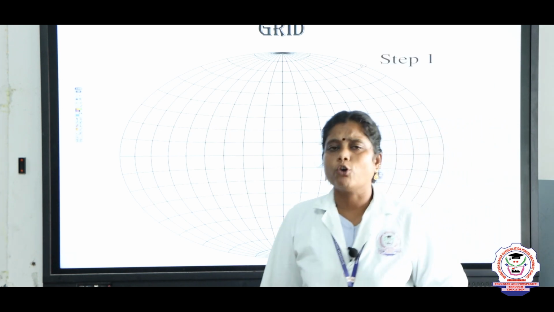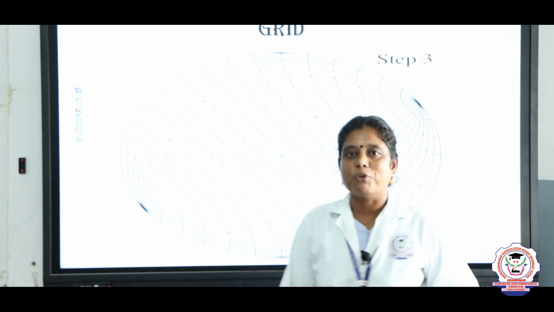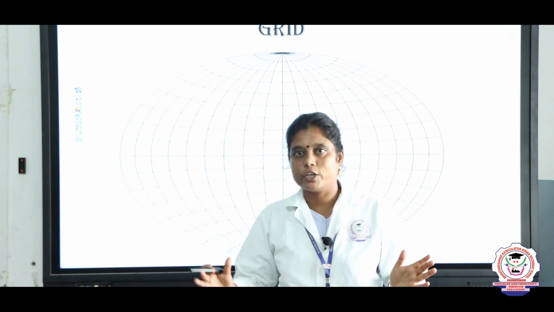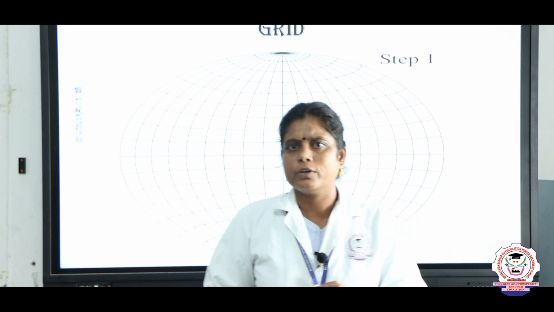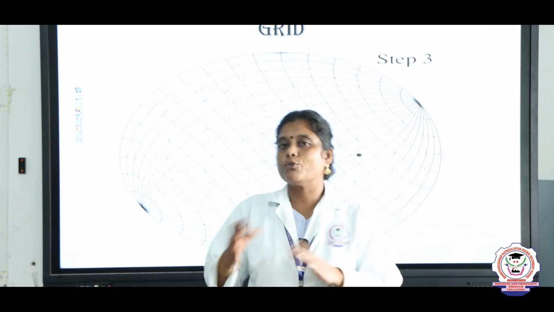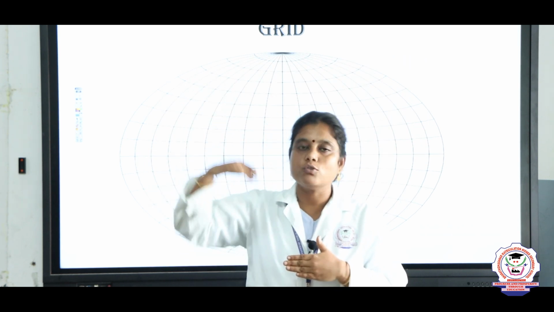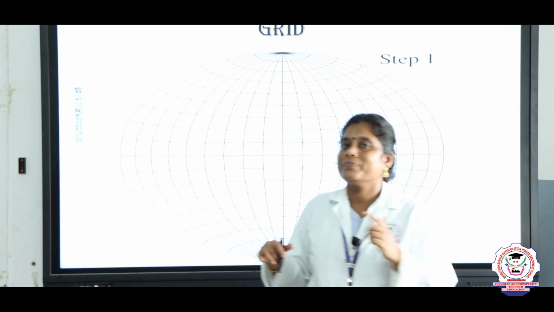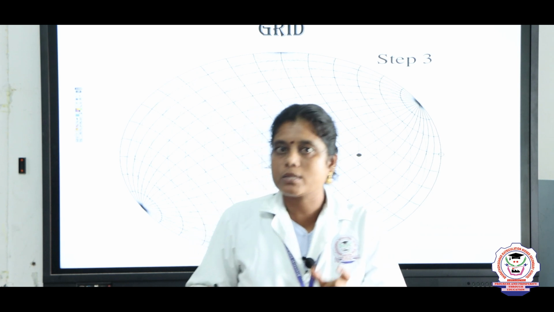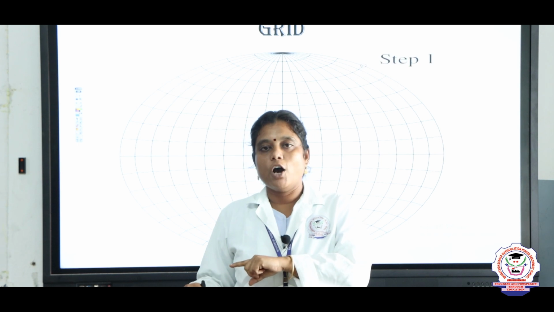The very important topic is grid. Can you say what is grid, children? Yes, I'll explain what is grid. Now you have it very clear, latitude and longitude, isn't it? So what is latitude? Yes, latitude is a line which passes from the west to east. And what is longitude? Yes, the line which passes from the north to south. Now what is grid? Yes, the point or place where the lines of latitude and longitude are intersecting.